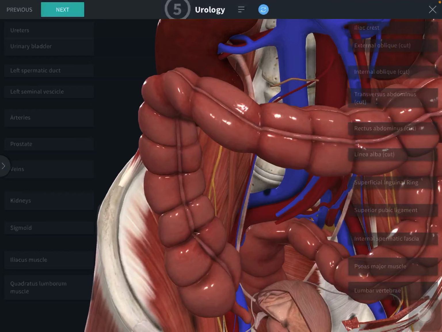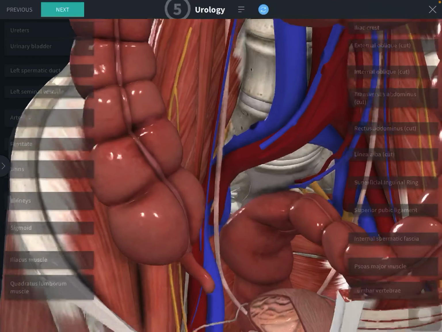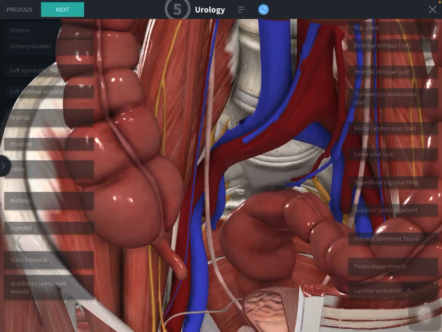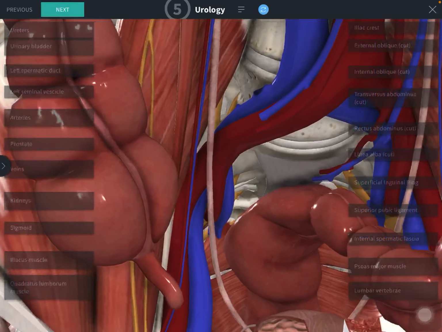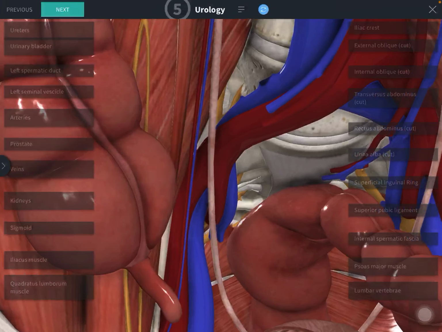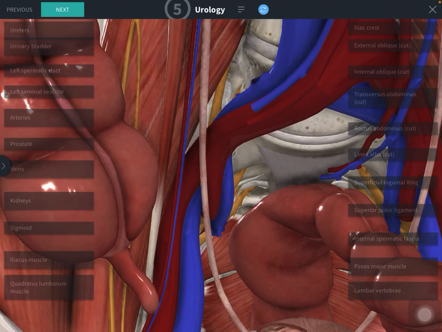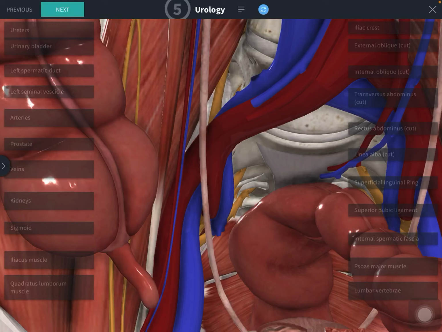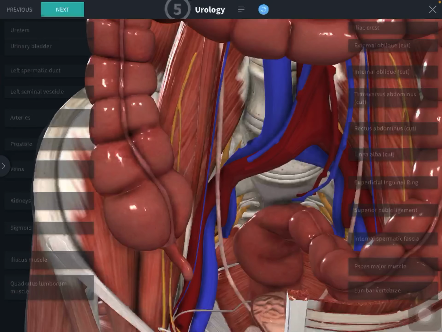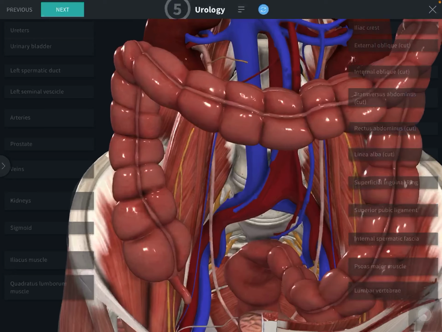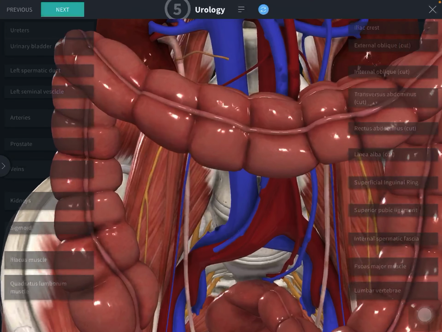When it enters the pelvic cavity, it is entering by crossing the bifurcation of common iliac artery. So this is the common iliac artery. So by crossing the bifurcation of common iliac artery or the beginning of external iliac artery, it is entering the pelvis and it is continuous with the pelvic part of the ureter. This part of the ureter is as if in the posterior abdominal wall plastered to the parietal peritoneum. So that is the abdominal part of the ureter course.